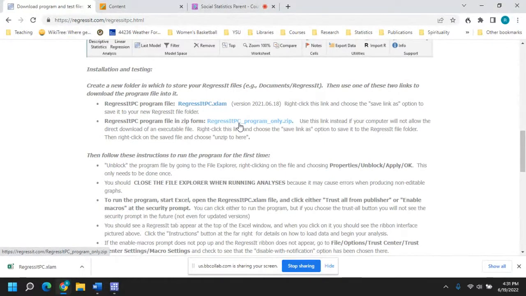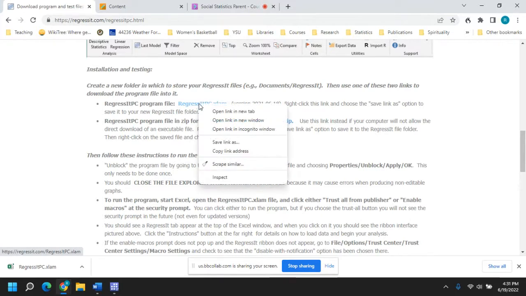Now, I realize sometimes there are very good reasons to download a zip file, but most of us should be able to do this using the regressitpc.xlam. So you can click on it and it will automatically download, or in my case, I want to control the download, so I will right click on it. So we'll go save link as,